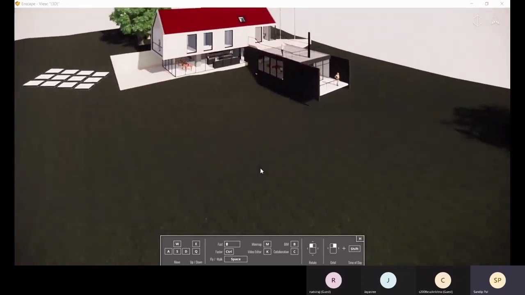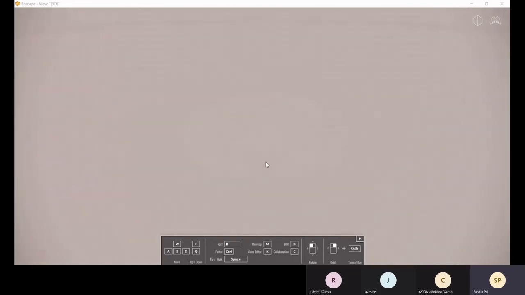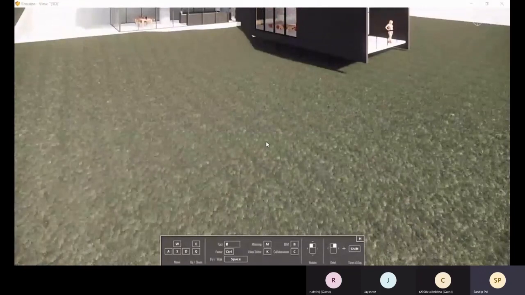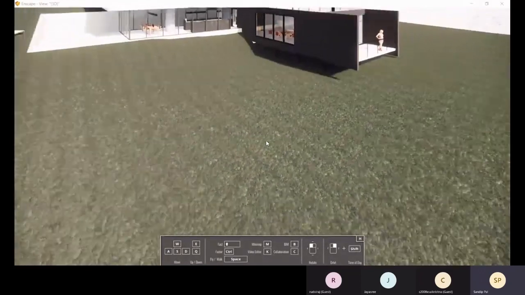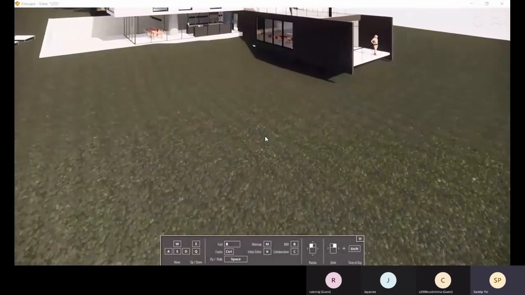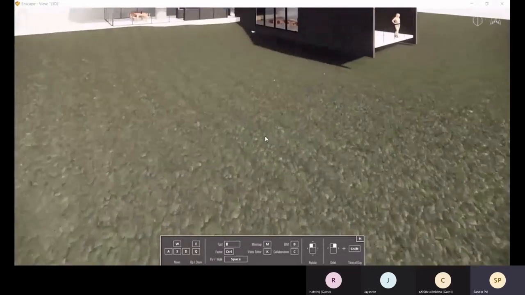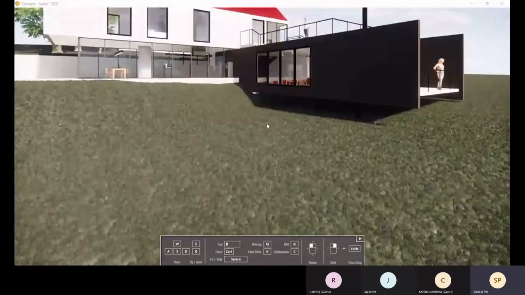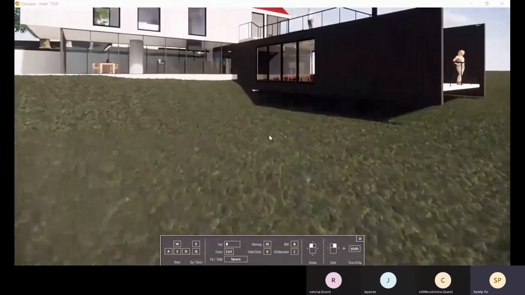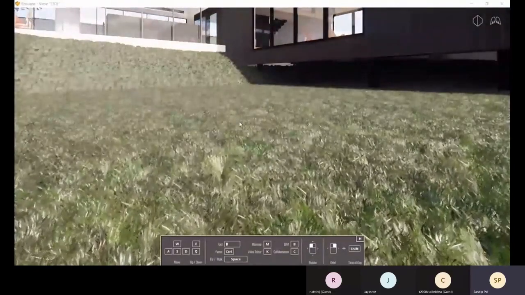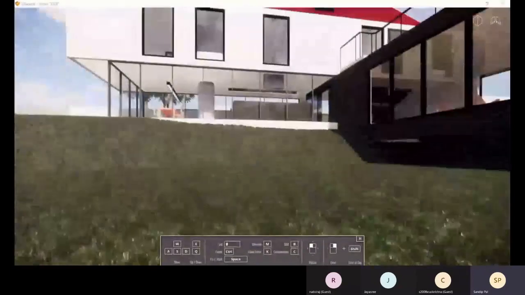And if you hold Control with W and the up arrow, then you will move faster. You can see we are moving very slowly, and if you press the arrow, then you are moving faster. And if you press Control with that, you will move even faster.